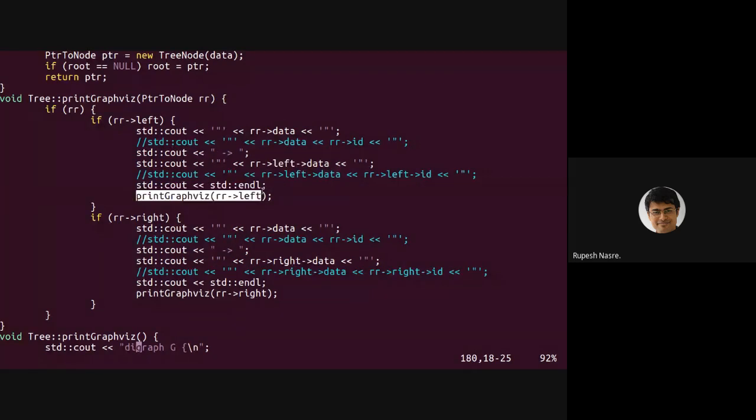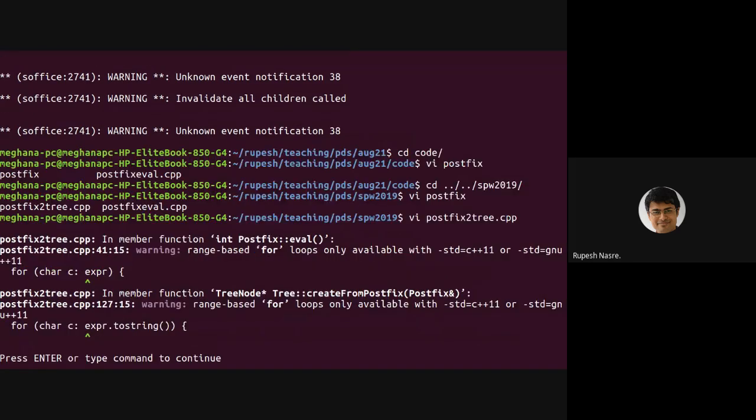So that is what I'm doing here. And then I go inside the left part and print its subtree, right? Exactly similar is the right part where I print A, arrow, C, that is the right hand side child, and then I go further deeper and print the right subtree, right? So that is the print GraphViz format. That is the format that it understands. So we'll see if this compiles.